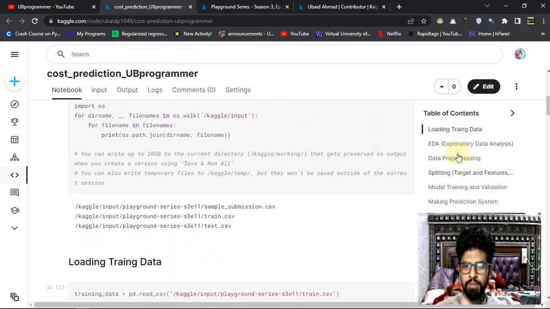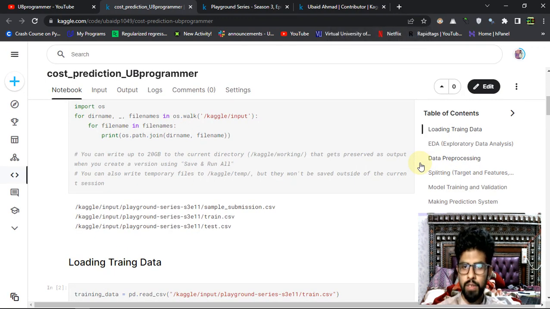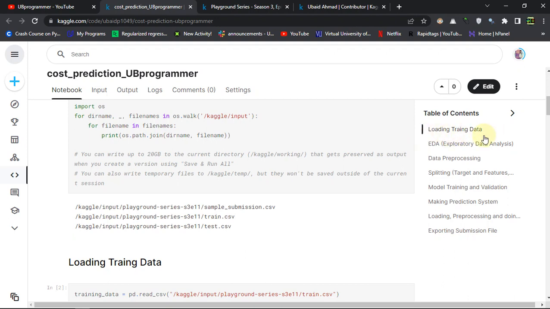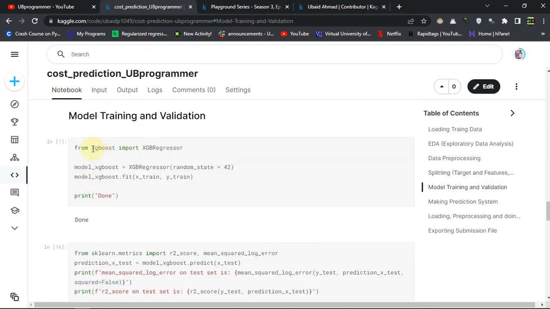One other thing I have achieved in this day is that I am creating a pipeline which I will follow in all the upcoming projects in my Kaggle, and it will be all of these steps. Let me remove the webcam. The first step is loading the training data, then the EDA, of course, exploratory data analysis, then data pre-processing, so that we can make it ready for model training, then splitting target and features, train test split, and making x and y of our dataset, then the model training and validation. So I applied XGBoost, and